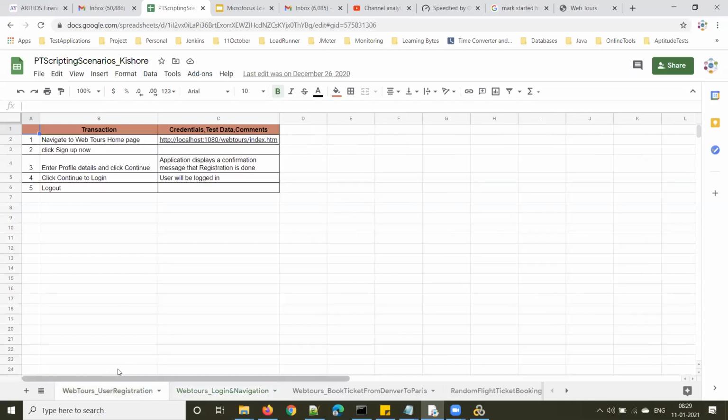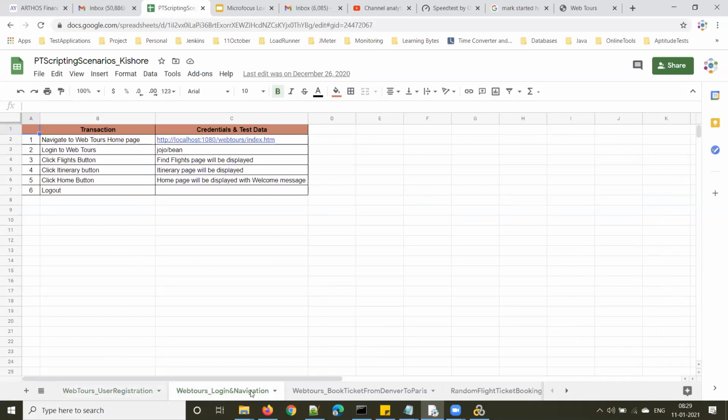So we already covered Web2's user registration, right? In this session today, we will work on Web2's login and navigation. In the previous one, I explained the user registration script and parameterization, if you remember, in the session or in the video. I explained what parameterization is. Not an issue if someone missed it; please go through the video today. That's simple to understand. Today I will introduce correlation in this particular login and navigation script.